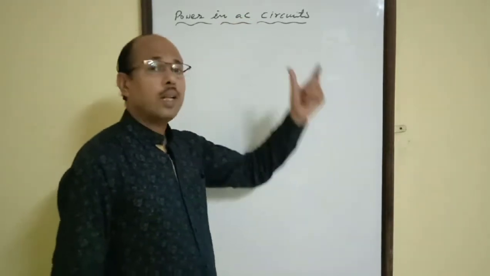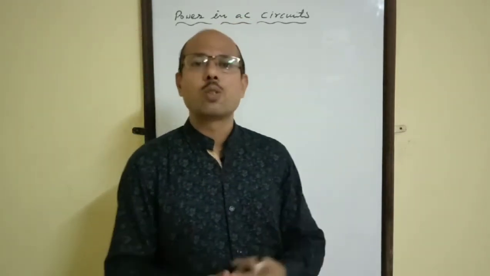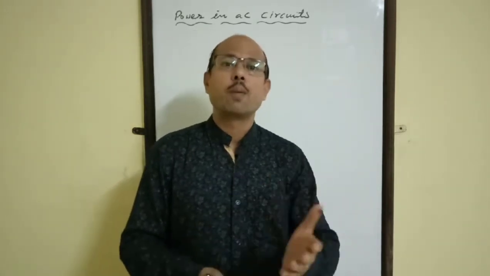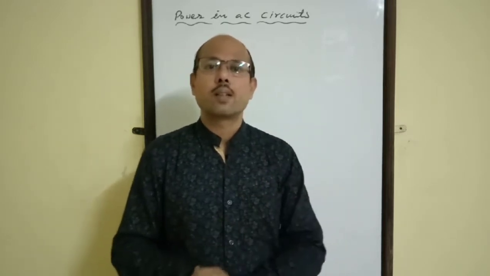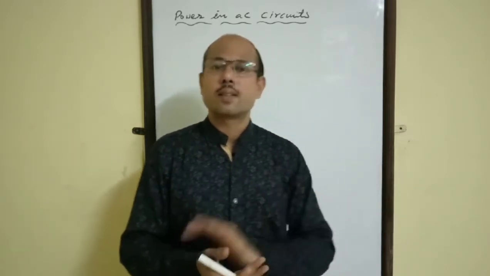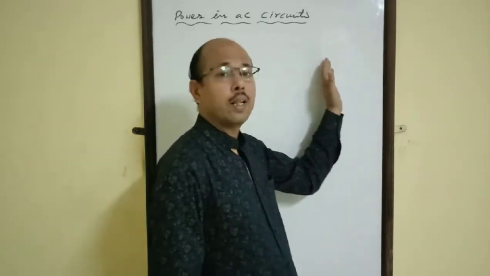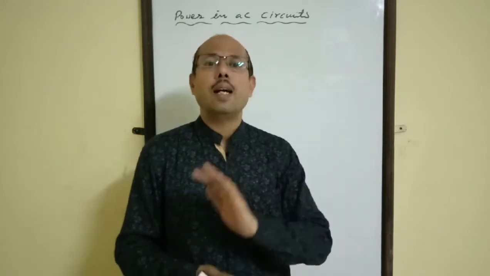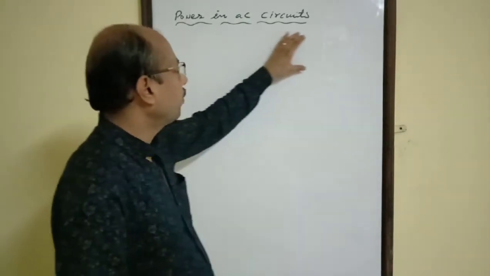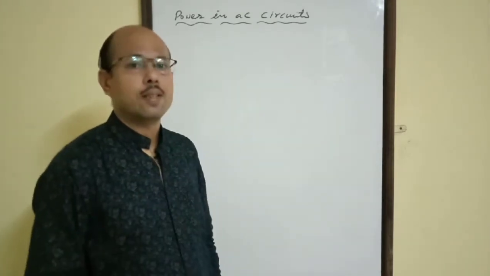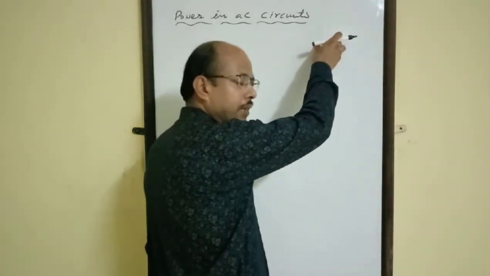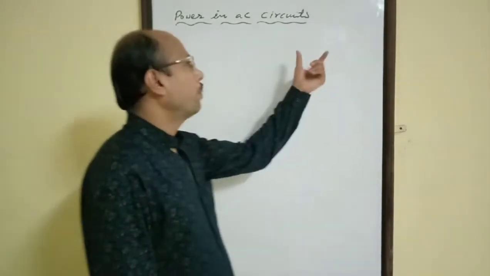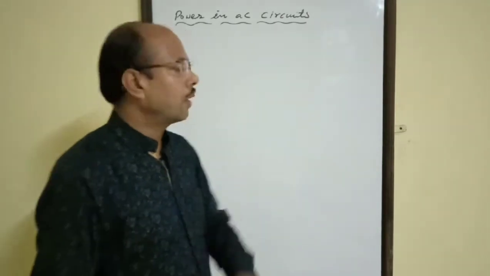In AC circuits, we have different types of circuits that we have also discussed. For example, a pure resistor, a pure capacitor, a pure inductor, a series LCR circuit, a combination of inductor and capacitor only, an RC circuit, or an LR circuit. Let us suppose here we don't know which type of circuit this is. We have not considered an LCR series circuit or an LR circuit; we have considered a general circuit which may contain L or R or C, whatever it is.